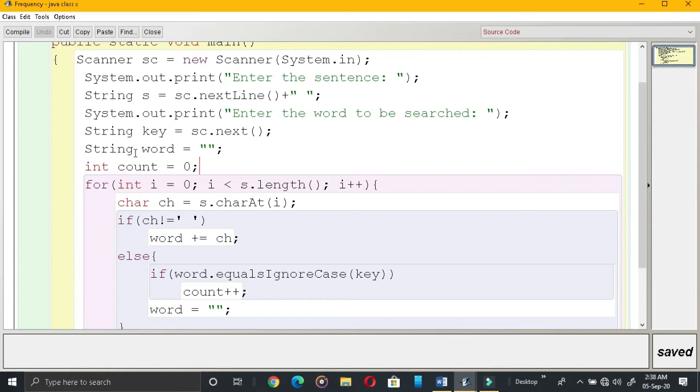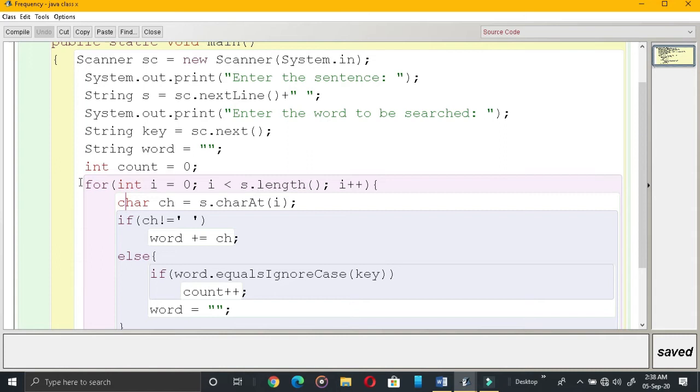So I have two variables: one is a string variable and the other is count. This is responsible for keeping the number of search words, how many times it came, and that number will be kept in this particular count variable. So we are going to run our loop.